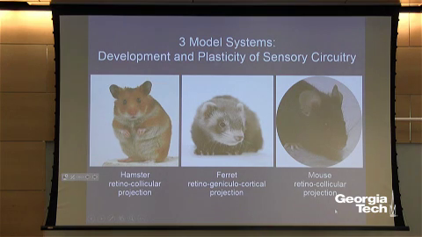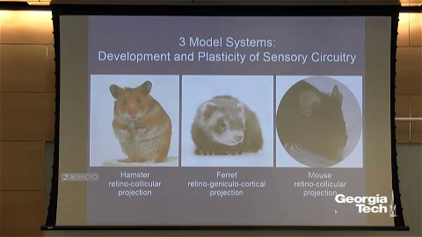We use ferrets when we want to do cortical physiology, because trying to do cortical physiology in rodents is a bit of a challenge. So we like to avoid that. And then if we're forced into using knockouts and transgenics, then we grudgingly use mice, which are a lot harder to do physiology in. So we use these 3 models, and today I'm going to talk entirely about the hamster